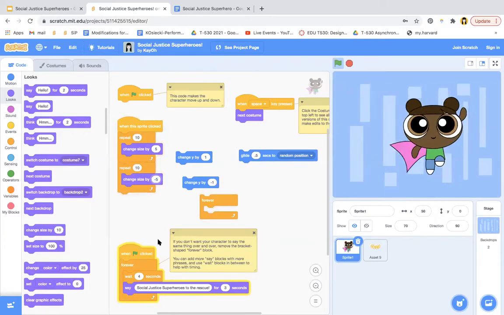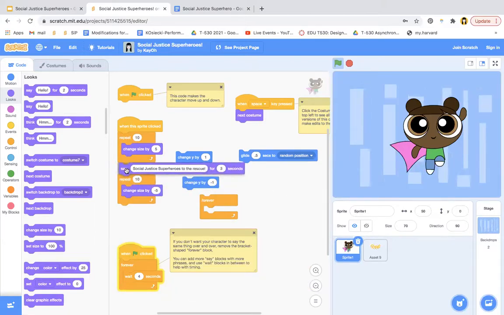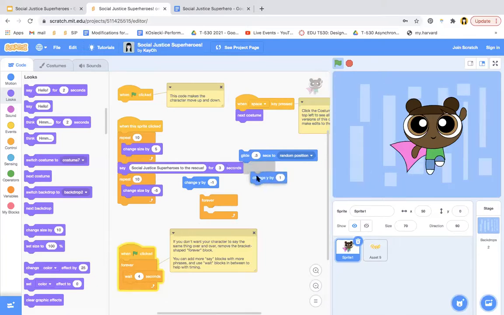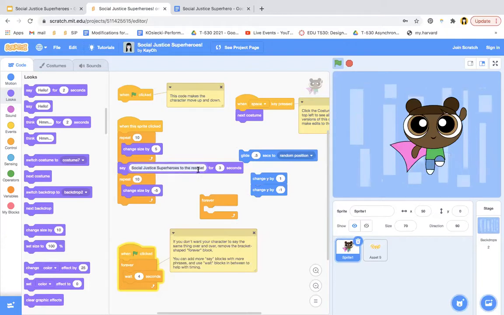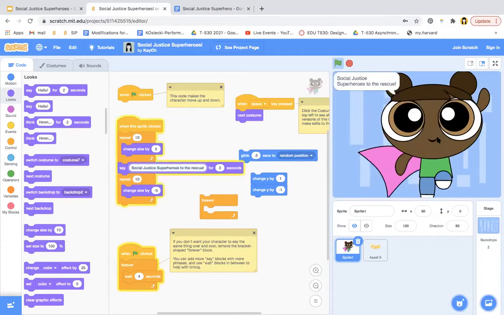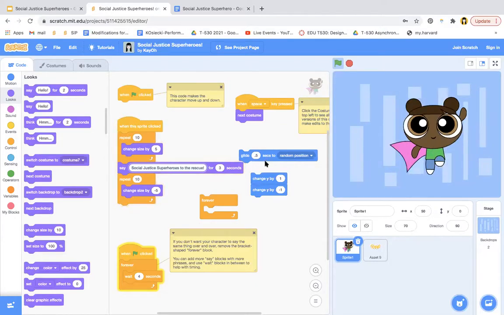And this is actually a good time to maybe have this character grow and then say something. So I can grab this say block, which came from here also. And you can change the phrase to anything you want, and you can change the timing. So now if I click this, it's going to grow and say something and then shrink again. I'm not sure I'm